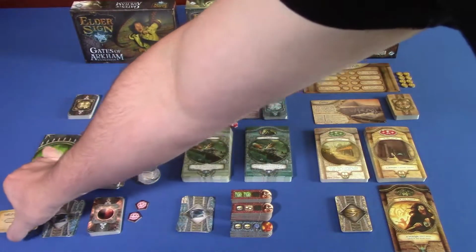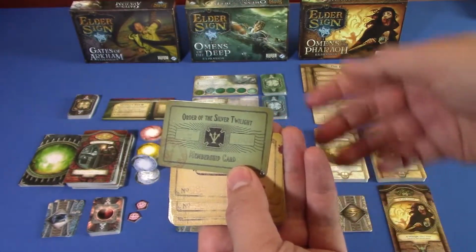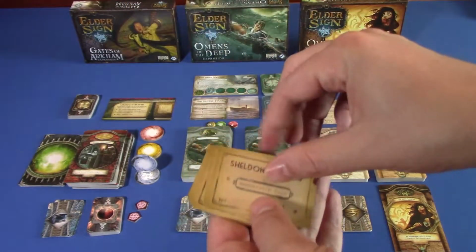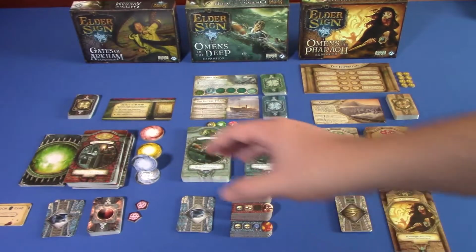You can get memberships in this expansion. You can become a Sheldon Gang member or a member of the Order of the Silver Twilight. You can only have one or the other. If you would get one and you already have the other, you must choose which one to keep. But those memberships are very powerful because it can help you sometimes even beat...